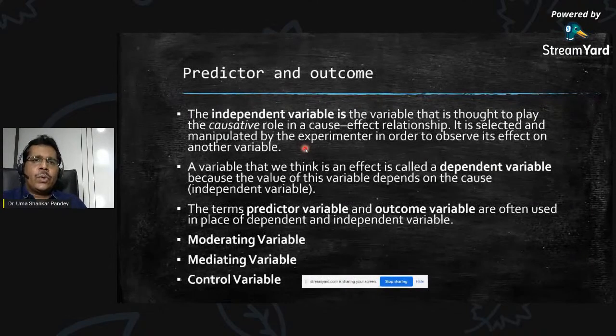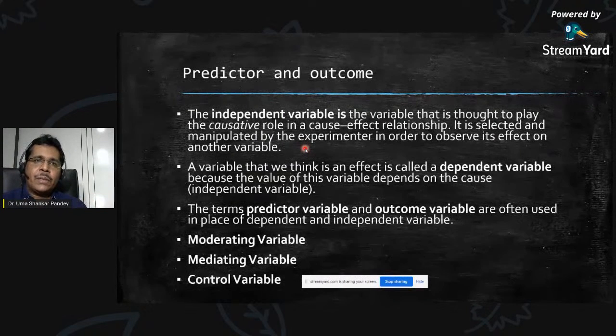It is very important to have a very clear knowledge about what is an independent variable, what is a dependent variable, what is a moderating variable, and what is a mediating variable. Control is for experimental statistics, and control variable is what we deal with when we deal with experimental statistics. So that is probably not what we are going to talk about today, but it is very important to know about the